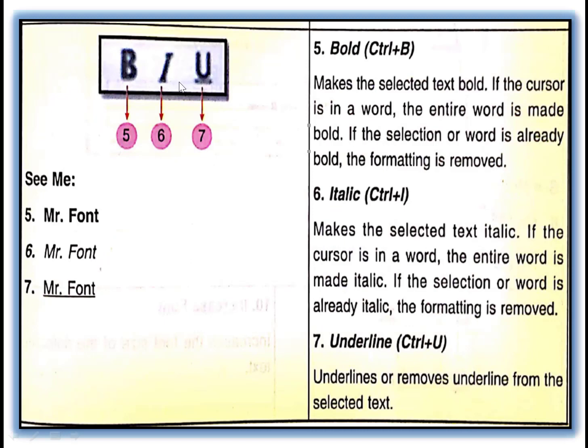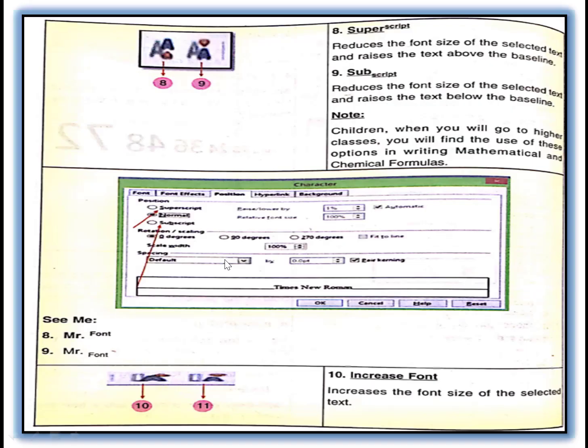This we already know: bold, italic and underline. Bold is used to make the text a little bit darker than the previous text. Italic is cursive writing, and underline underlines the text. This is superscript. It reduces the font size of the selected text and raises the text above the baseline, like if we put the power a square, b square. And this is the subscript. It reduces the font size of the selected text and lowers the text below the baseline, like H2O